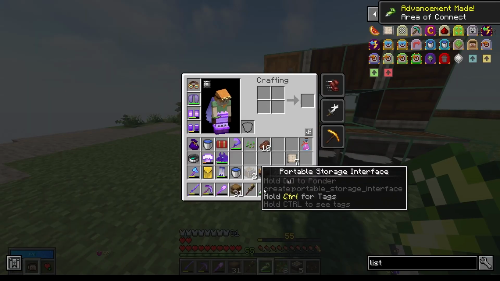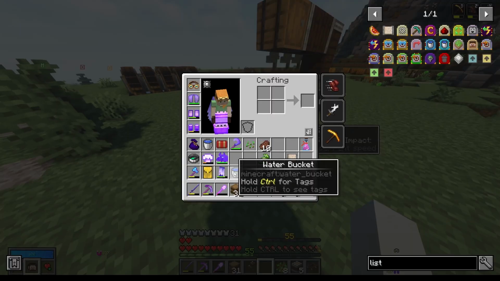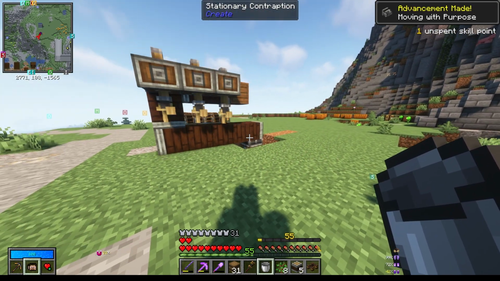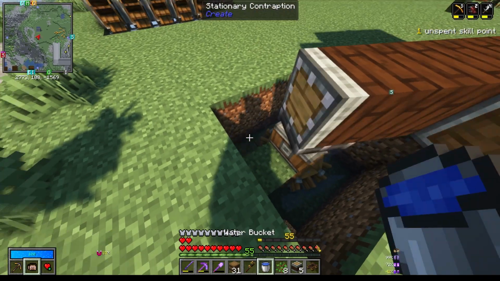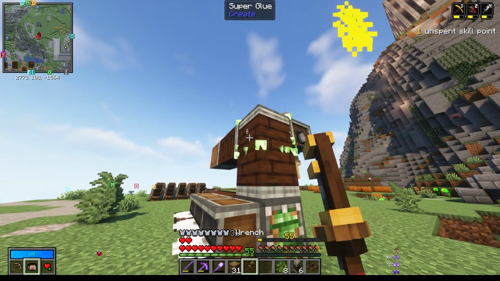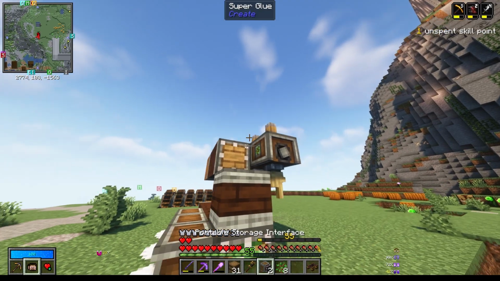Cool. It's all connected. So if we're to turn this on, you'll see that it starts moving. Boom. And it starts going. It'll cut everything down and it'll place anything you need it to. Let's pick that up. Boom. Locks back in place. The only thing you need to do here would be to put your little portable storage